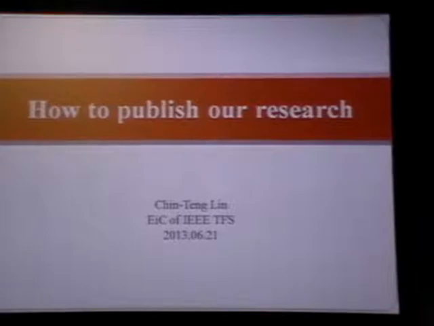I divide my presentation into two parts. First is some concepts about the topic, and then second I would like to make a short introduction about the magazine, the transaction of other systems, that I work on. Okay, so when we are talking about how to publish the research, you can find many such kinds of information from the website. So I summarize some of them and also add some of my experience, as follows,